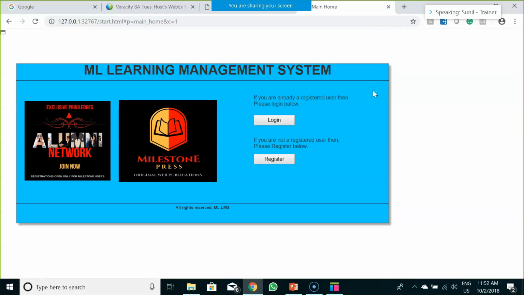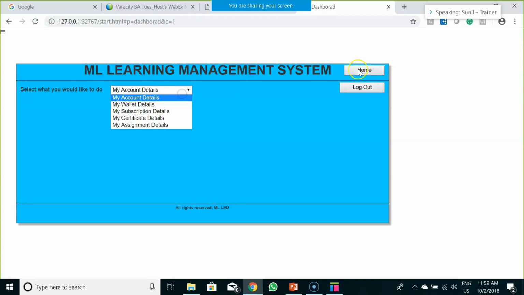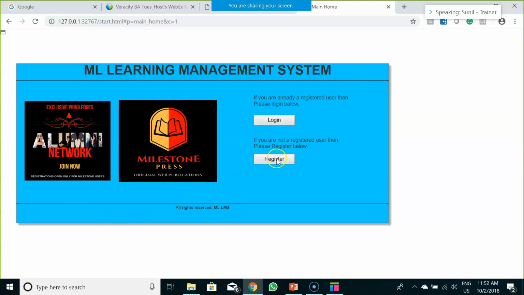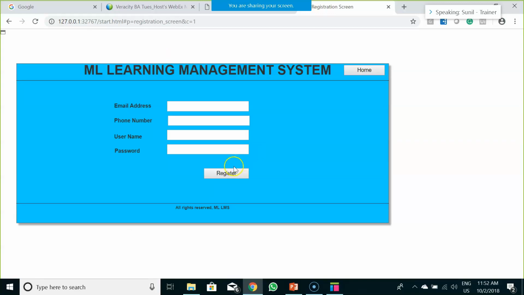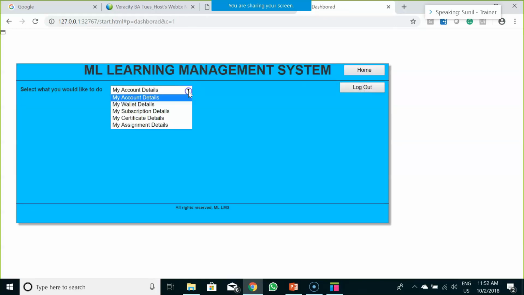So what we essentially learned in this interaction prototype is like, although it doesn't have the underlying functionality, but it appropriately captures the flow of the system. For example, if we log in, which screen should come? After logging in, the dashboard should appear. When I log out, it should take me back to the main page. When I click on register, it takes my registration detail and it should show me the successful registration message. When I click on dashboard, it should take me to the dashboard with the logout option.